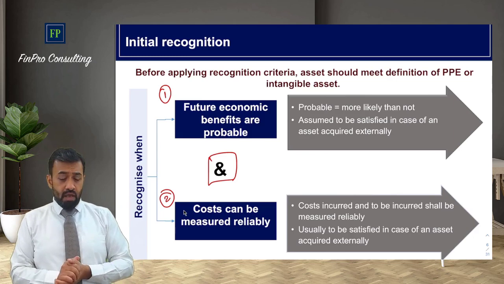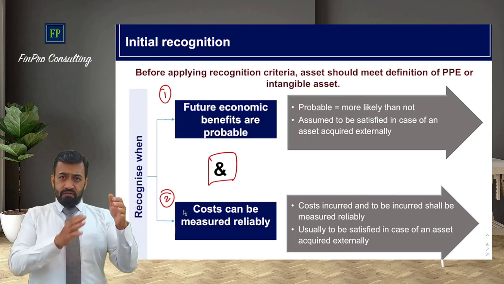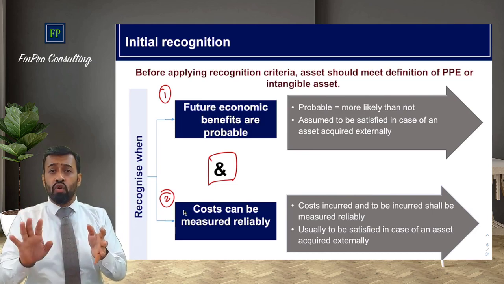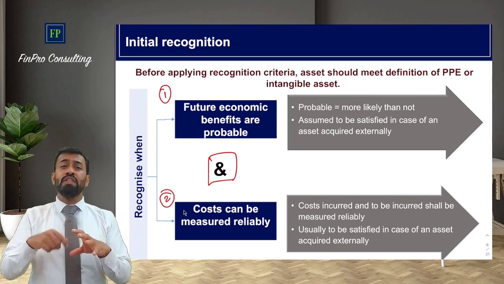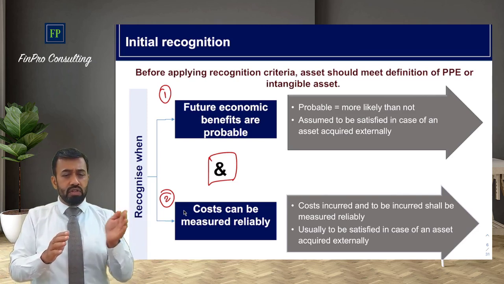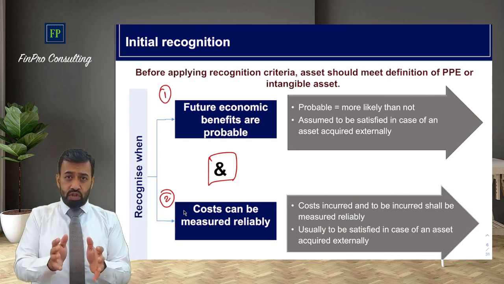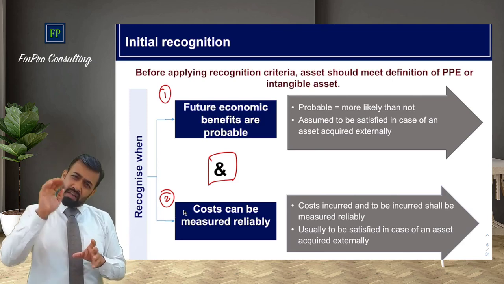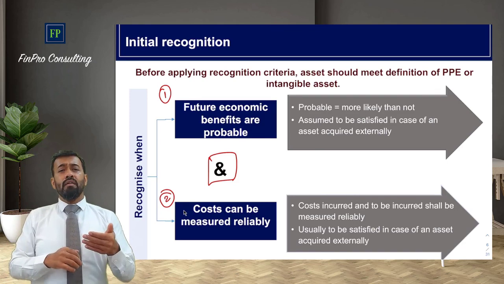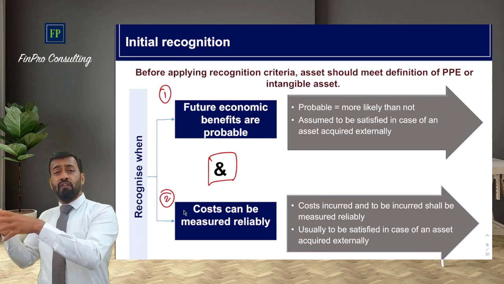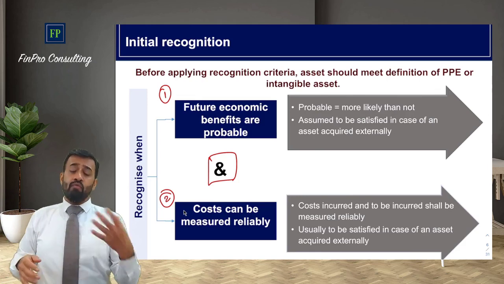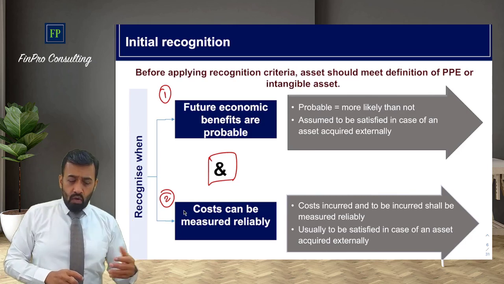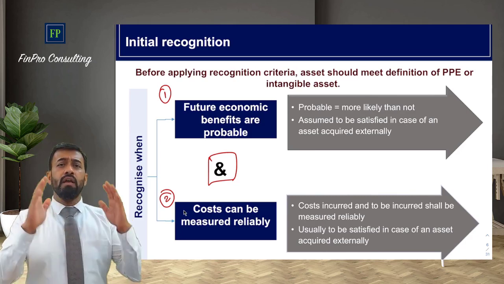It may be PPE, it may be investment property, where you receive the possession of that asset. Generally, possession doesn't go with control per se. Even if you do not have possession, you can still have control. But generally, practically, when you receive the physical delivery of that asset, there is a probability of future economic benefits. That's the association, and it's given in the standard itself. And second, the amount which you have spent, and will spend further in future to install that asset, for example, will be a cost that can be measured reliably. These are generally straightforward to find out, and this criterion becomes easy for tangible fixed assets.